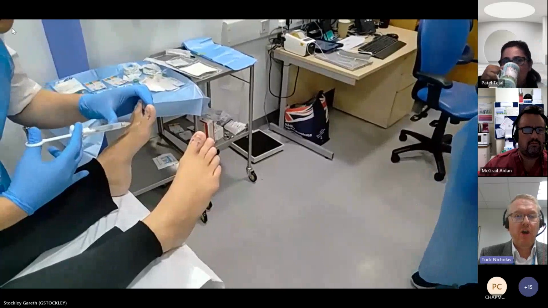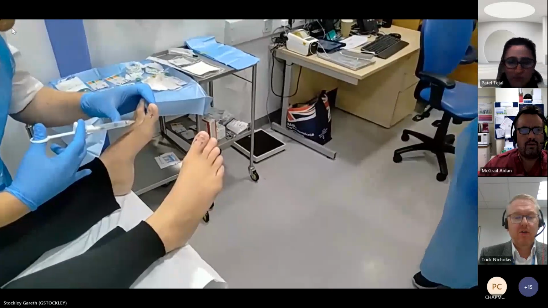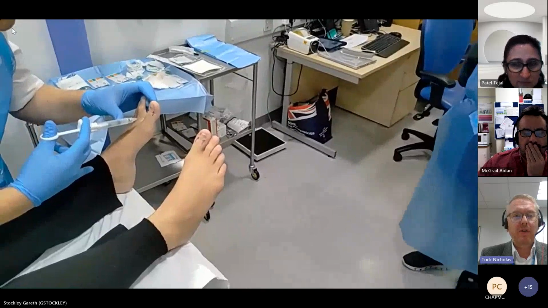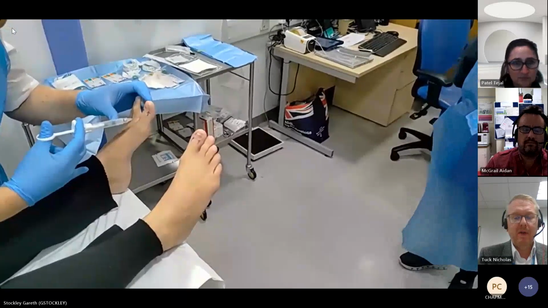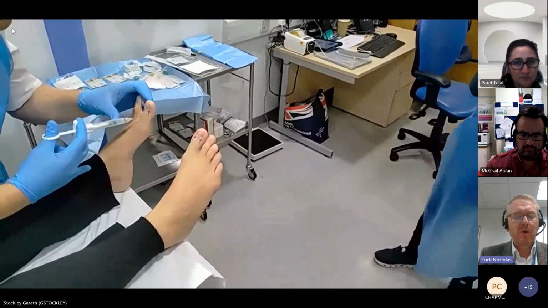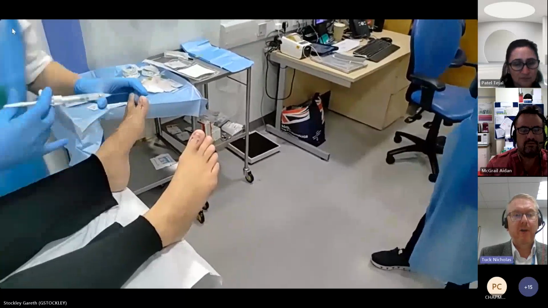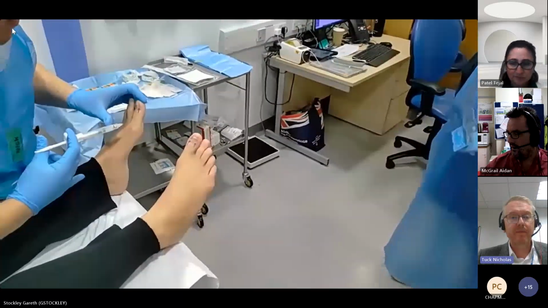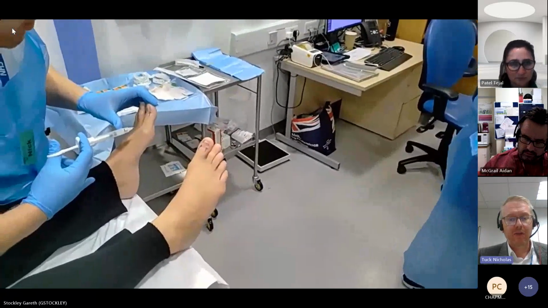There are 2 nerves that we have to knock out on each side of the toe. There's one near the top, near the surface where the needle goes in, and there's one much deeper down at the bottom of the toe. But both of those nerves can be knocked out with 1 injection. So just doing the same thing